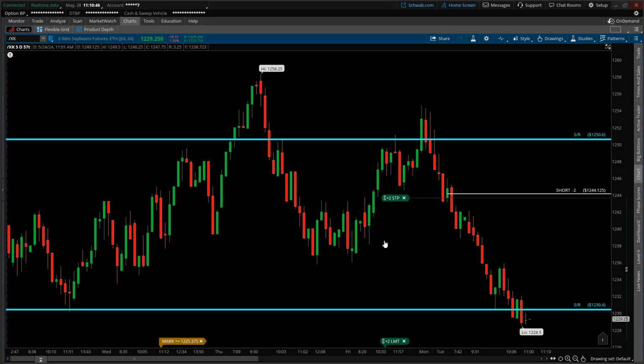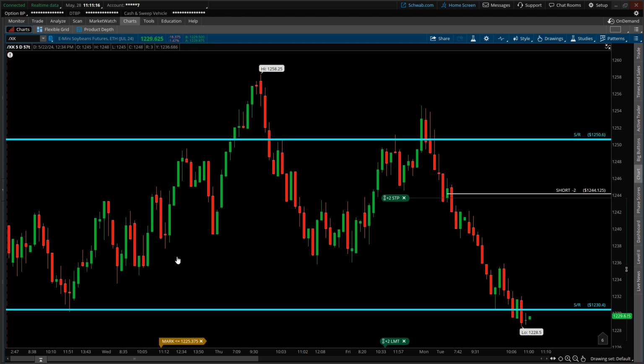Today's Tuesday, May 28th, and this is a trade review of a position I took earlier this morning involving the E-mini soybean futures. The ticker symbol is /XK. As of the time of this recording, the spot price for soybean futures is $1,229.62, and since the futures market started trading last night at 6 p.m. Eastern, it's currently down